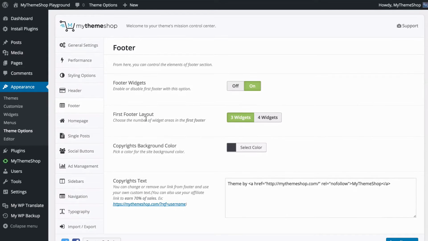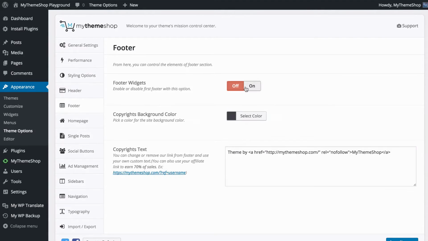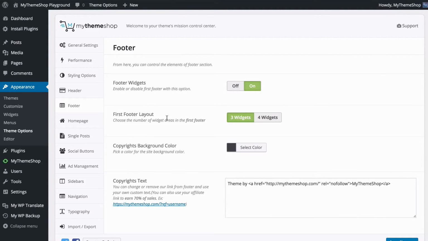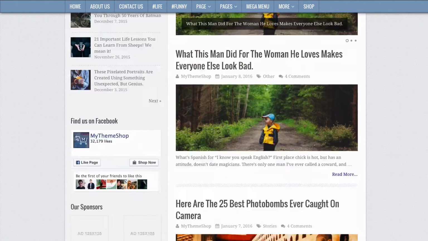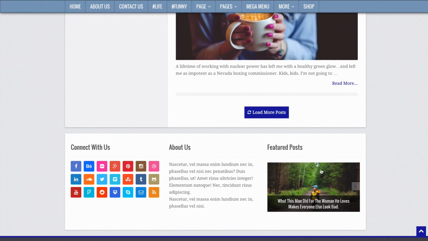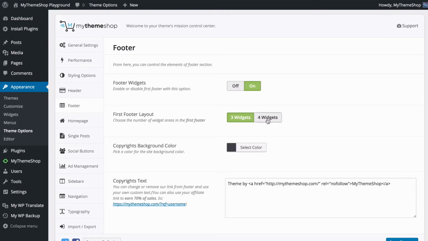From here you can control the footer elements on your site, and the first option is whether to have footer widgets. You can choose whether to have this on or off. You'll see turning that off disables additional options, and you can also choose whether to have 3 widgets or 4 widget areas displaying on your site. You see currently this is at 3, so if we scroll down to the bottom of the page, you're going to see I've got 3 widget areas here, but if I change this to 4,